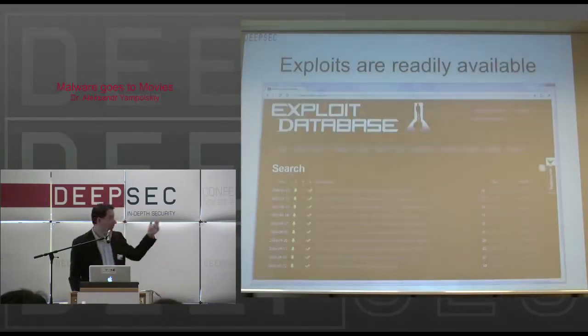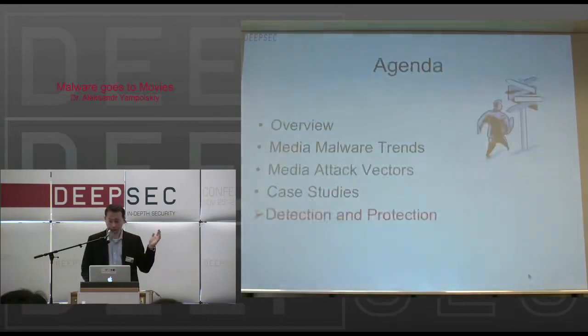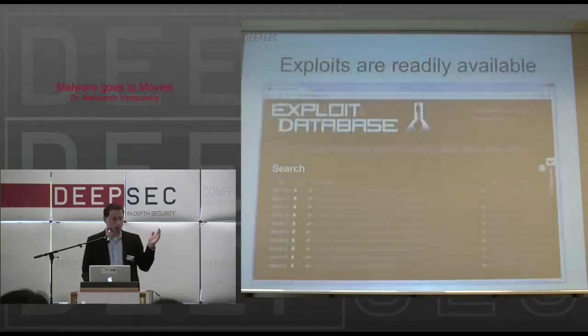Exploits are readily available, so if you go to exploit database or any of the other sites, there are a gazillion exploits exploiting the GDI buffer overflow. So it's not a particularly clever attack, but a lot of people fall for it because they think viewing an image is nothing special and can't harm you.